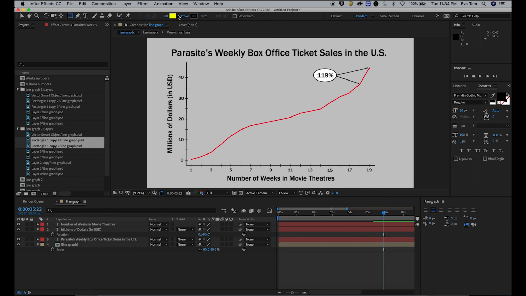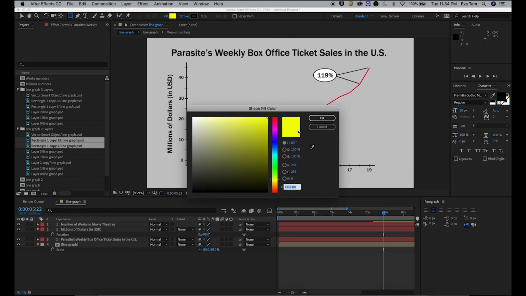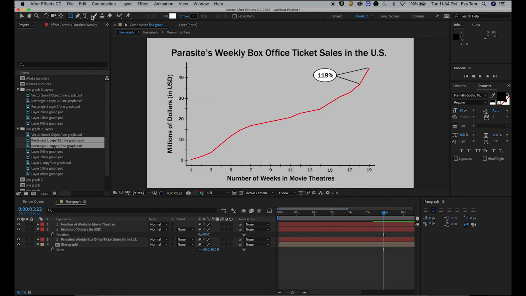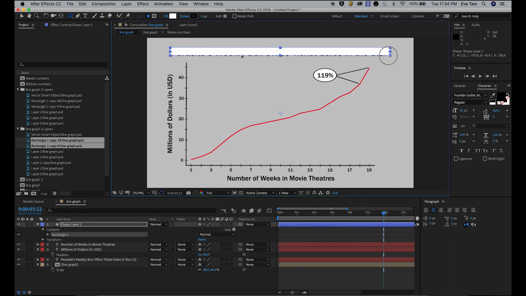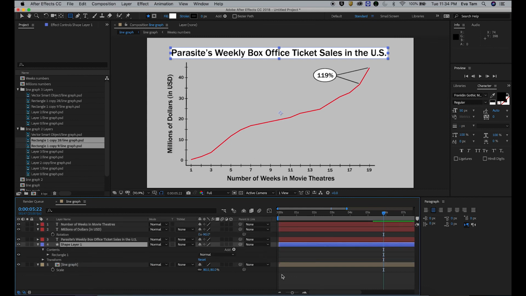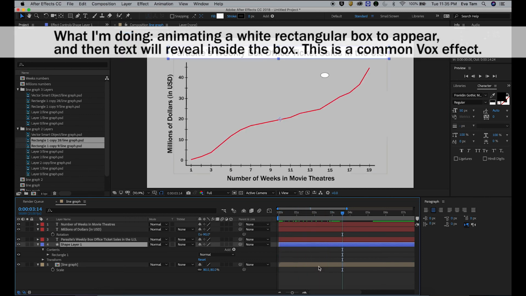They can make a box like this. Put it underneath this headline. And what they'll do is also use layers to make this look pretty nice. So for example, they can do something like this.